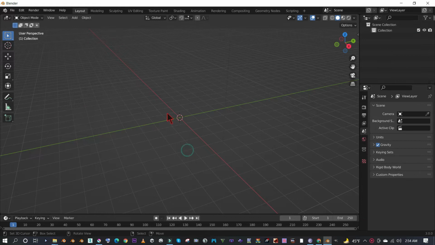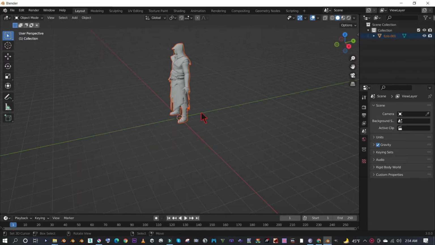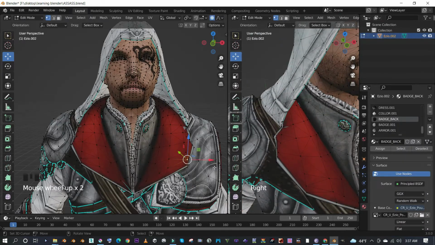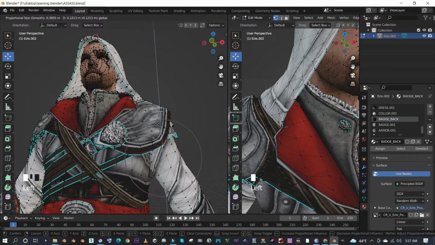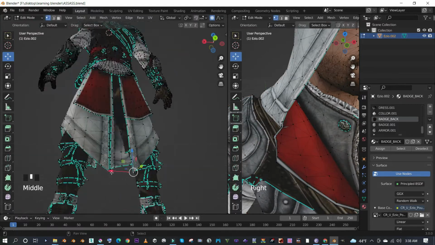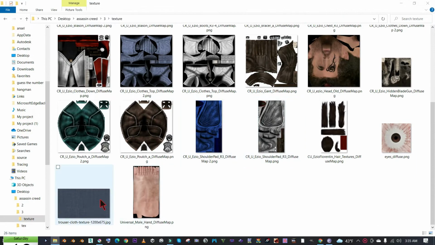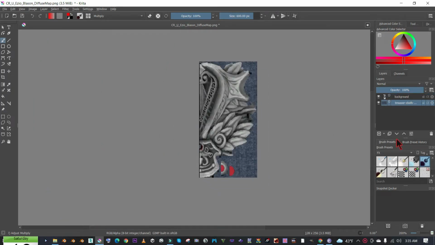I just renewed my whole scene. I'm going to import my character here. Now I'm going to edit the body or cloth meshes. You can simply add or remove vertices there. Now it's time to change the texture. I'm going to grab a texture in the Krita photo editor.